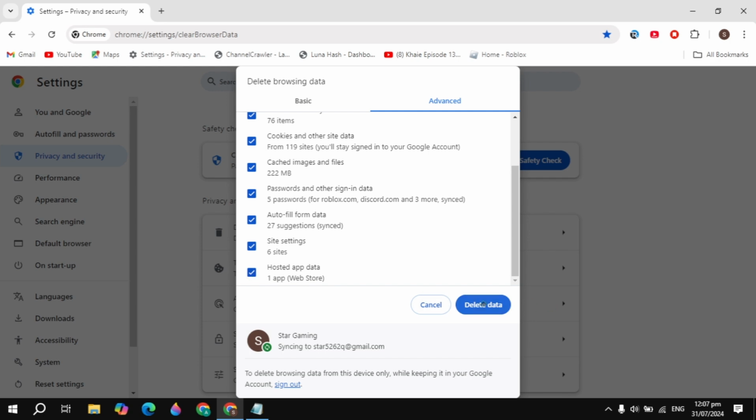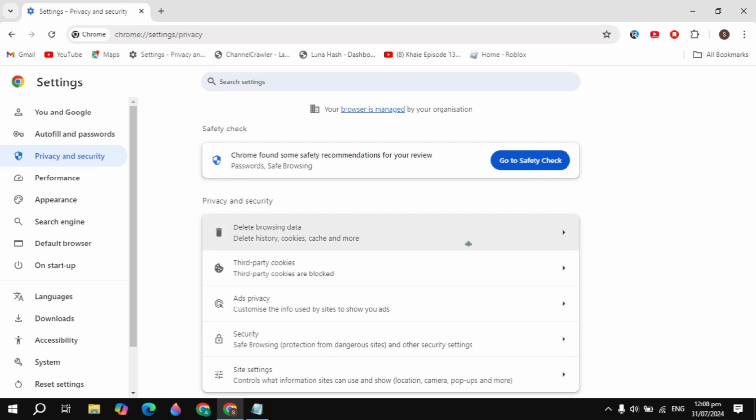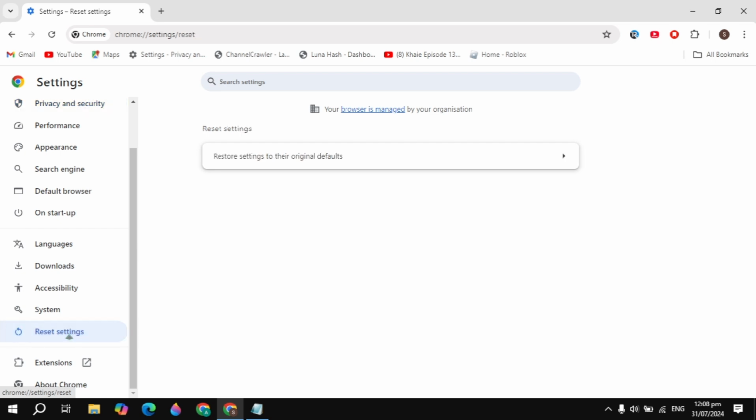Before deleting your data, you need to secure your important data on your sites. Then you can simply click on delete and then simply restart your Chrome browser and your problem is fixed. And if your problem is not fixed, then you can scroll down and click on the reset